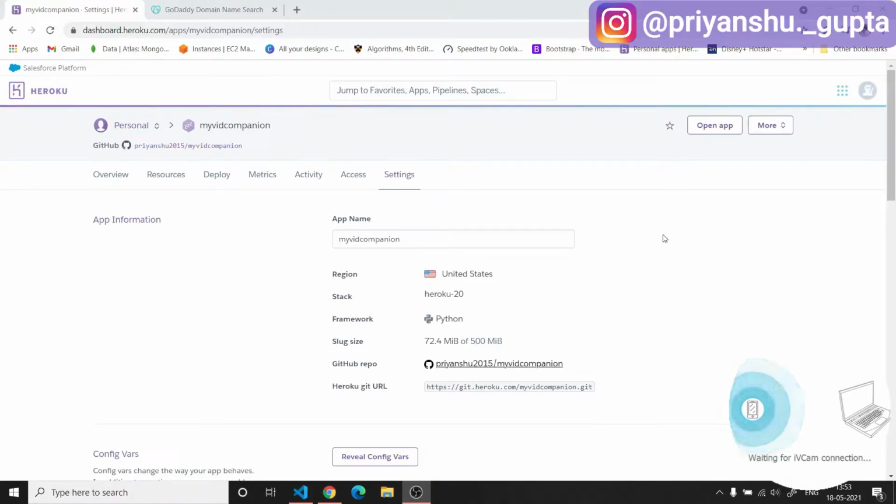In this video, we will see how we can add a custom domain to our Django project on Heroku. So till now, we have covered how to deploy a Django project on Heroku using the GitHub method and how you can add a PostgreSQL database to a Django project, that is provided by Heroku. And also how to transfer all the data from the previous database, that is the SQLite database on your local machine, to a new Heroku PostgreSQL database. All that has been covered in the previous videos. You can check out the playlist. So now let's start this video.